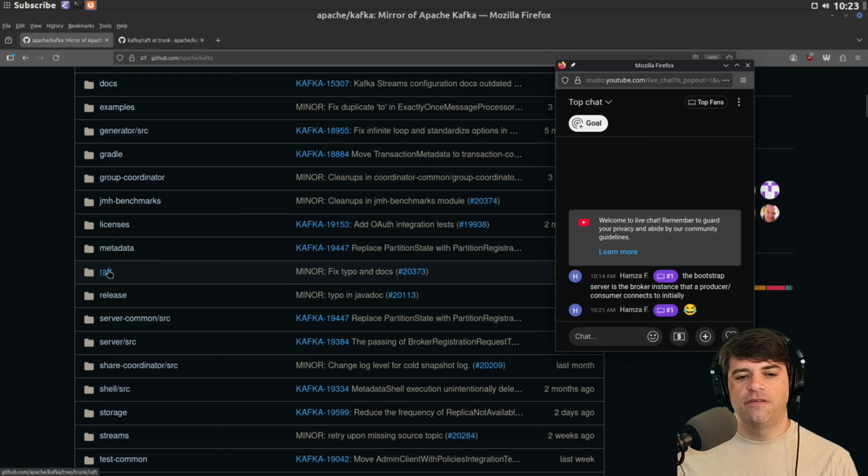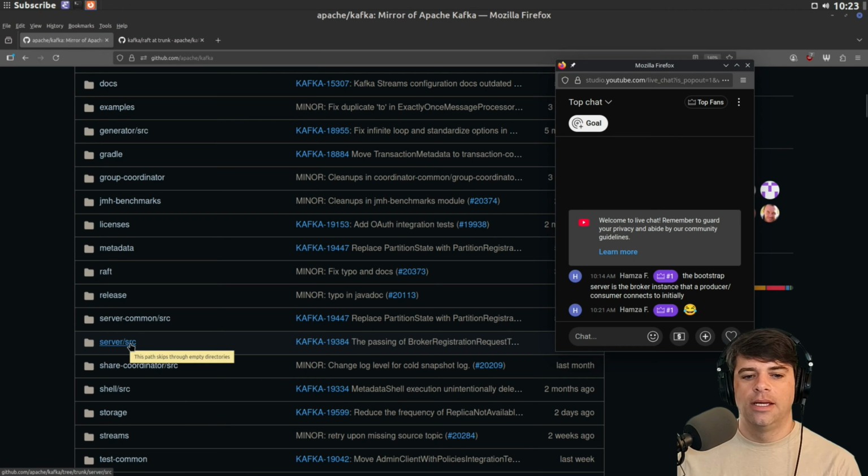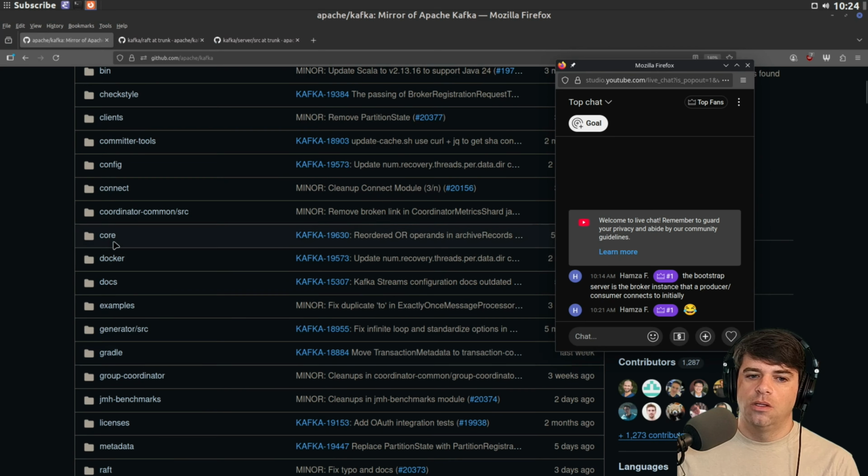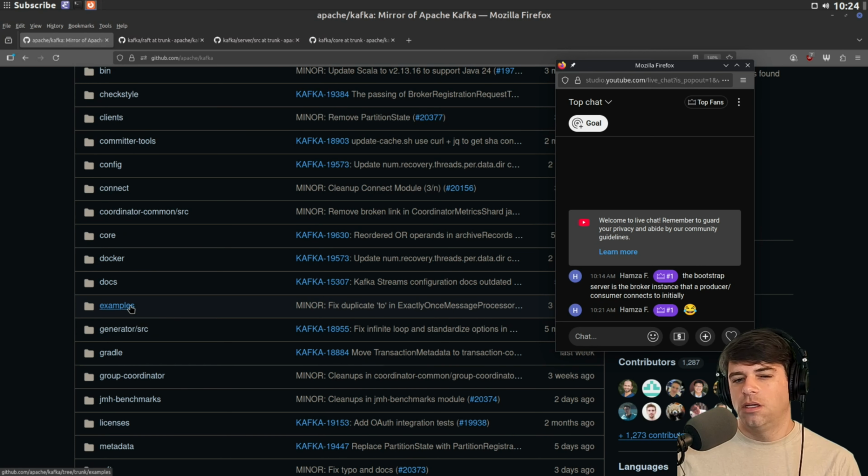Okay, there is a Raft directory. I'm not going to look too closely at Raft. I don't think this is probably the place to learn to dig into Raft. We have a source for the server. I don't know if that's going to be cool. Core is maybe where a lot of the stuff is going to be. Examples might be good for some stuff.